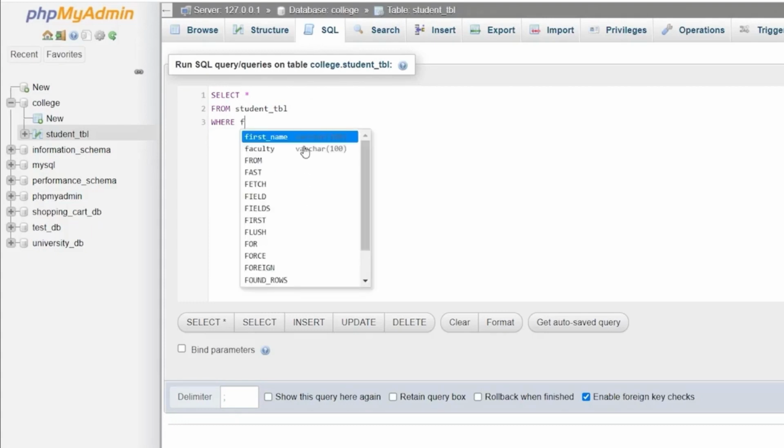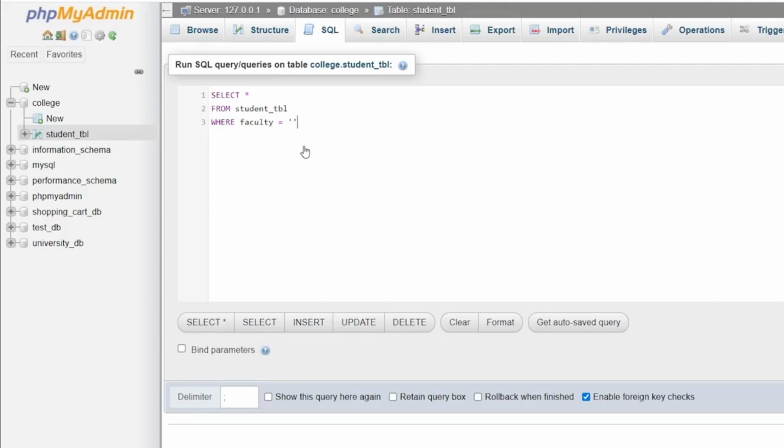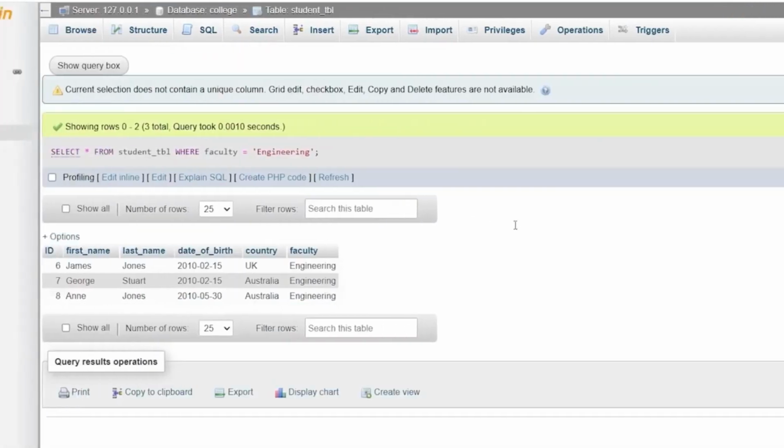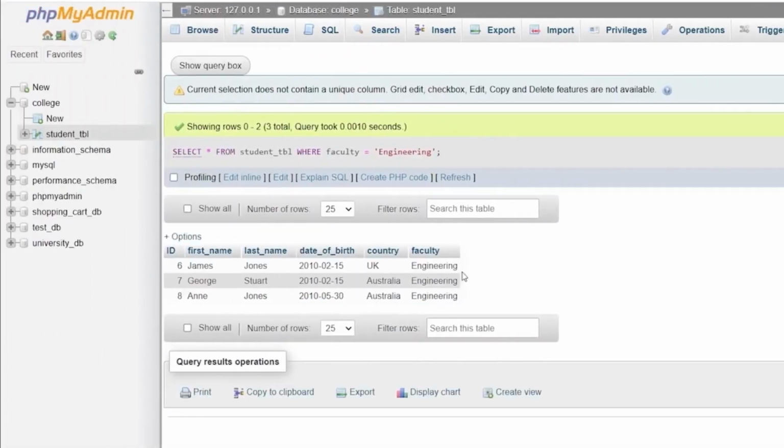The criteria is written as faculty, then an equal operator. Finally, I write engineering enclosed in single quotes, which are required for text values or operands. So I'm instructing my SQL to fetch only the details of the students who are attached to the engineering faculty. Then I run the query. As per the filter condition, it has retrieved the student records of the 3 students in the student table listed